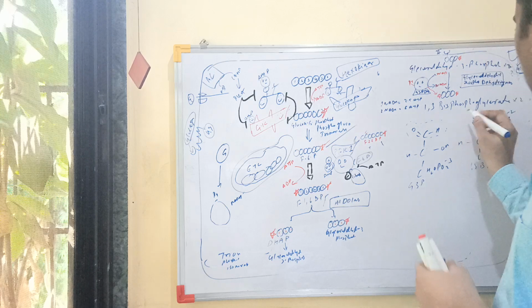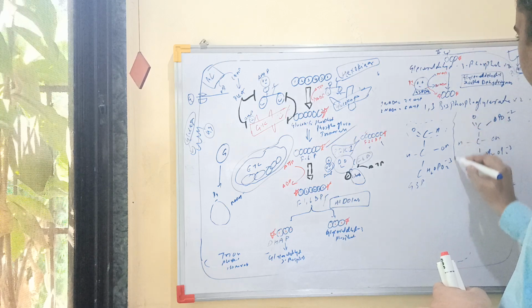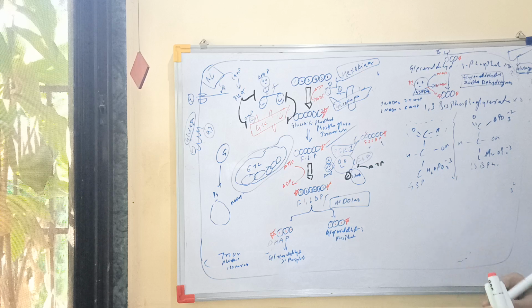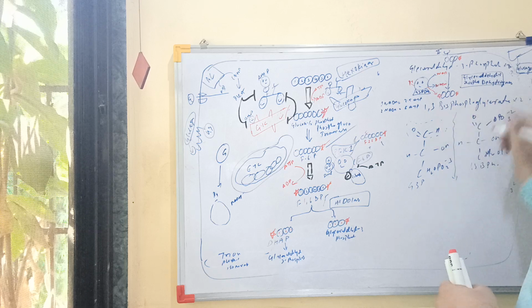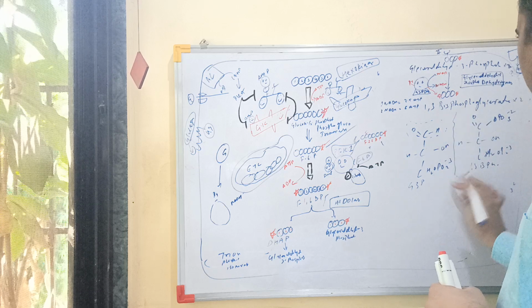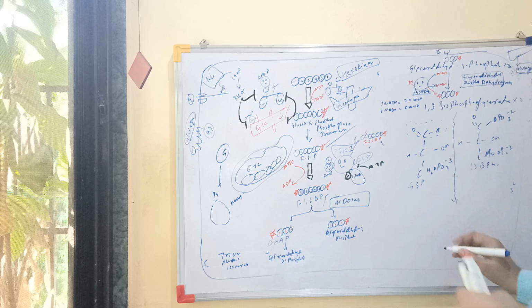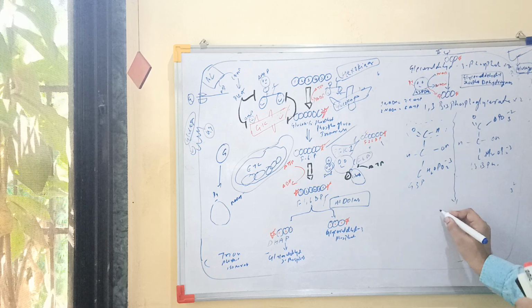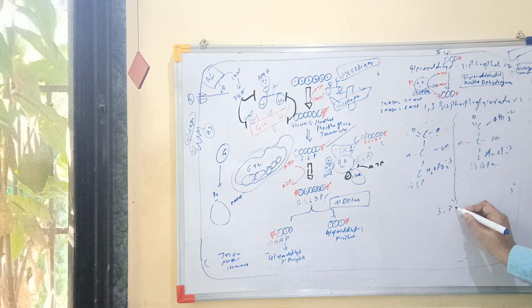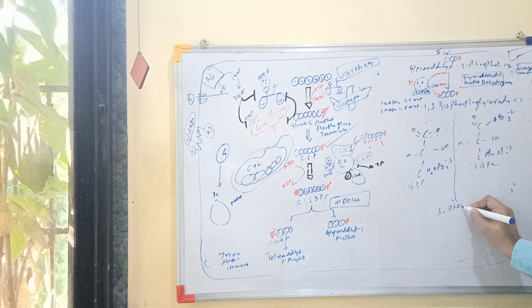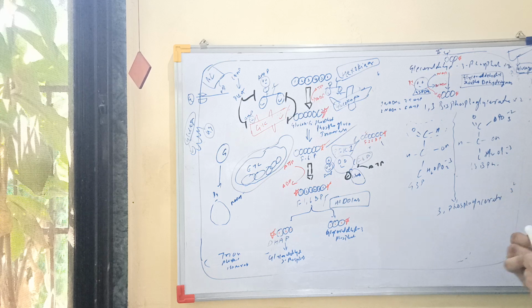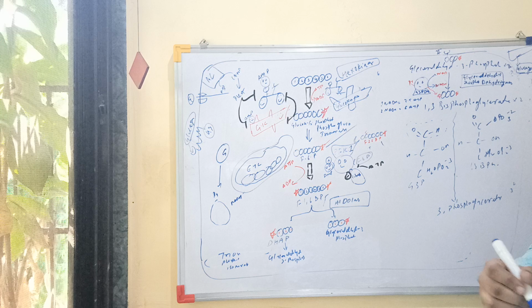That means if we talk about this step, 1,3-bisphosphoglycerate is converted into 3-phosphoglycerate. Okay, and the enzyme here is,